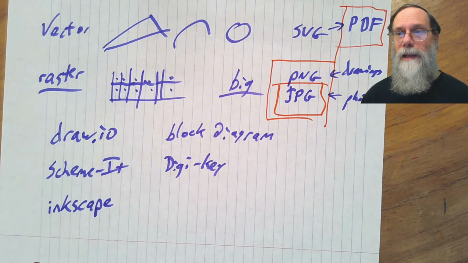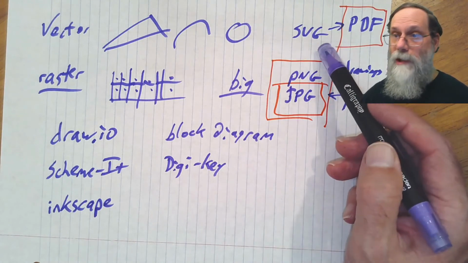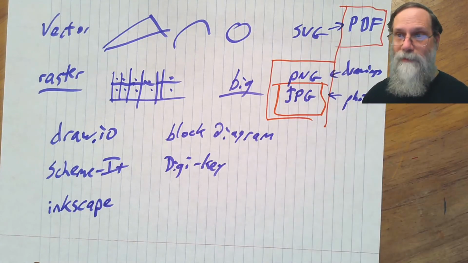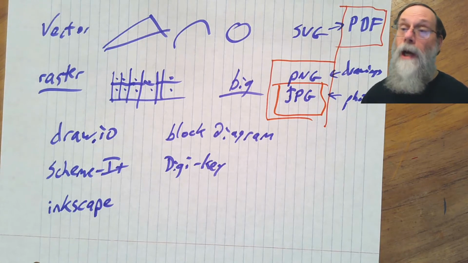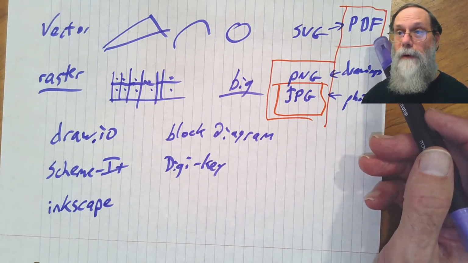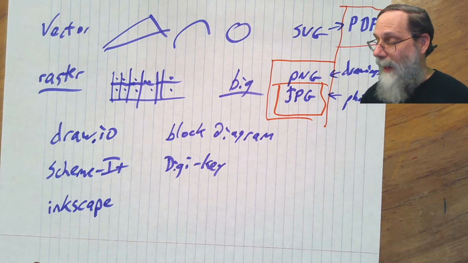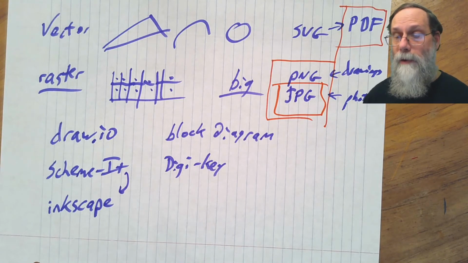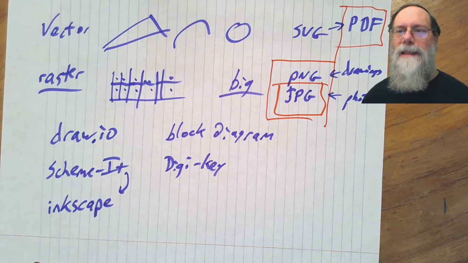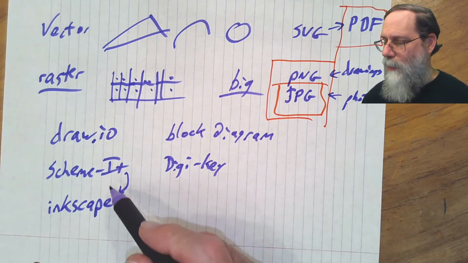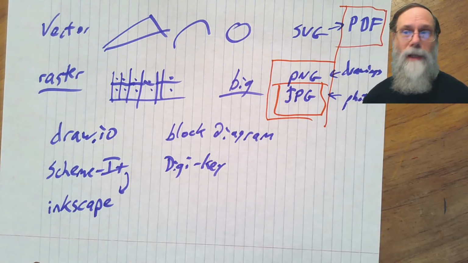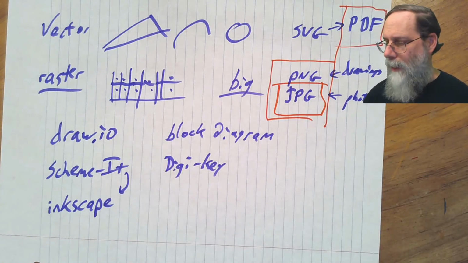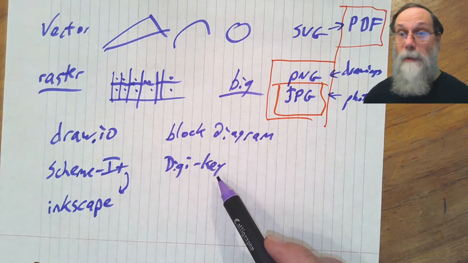Inkscape is a not very friendly drawing tool that uses SVG as its native format. So it will normally produce drawings in SVG, but it's got the capability of exporting them as PDF also. So I generally do Schemit and then go through Inkscape to produce my schematics. However, for this class, that's probably too many extra steps for the tiny differences it makes. So you can use Schemit to directly produce the PDF, and that'll be good enough for this course. Okay, so block diagrams and schematics